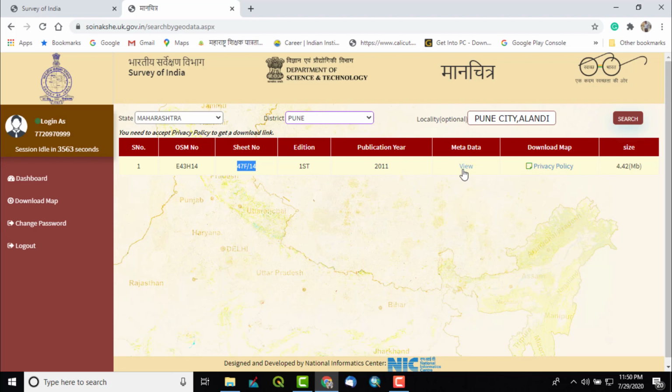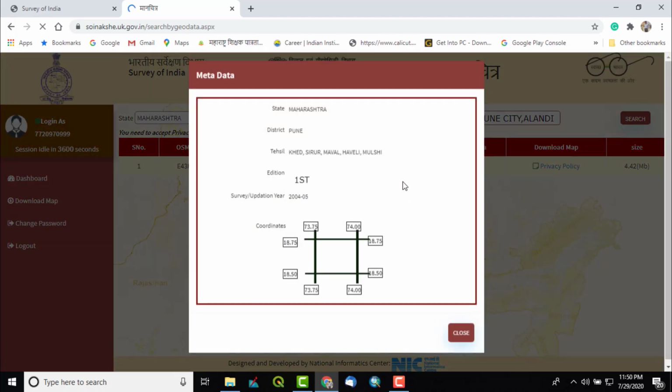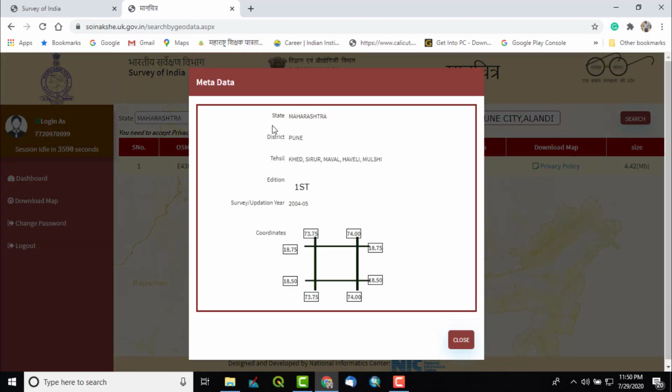We can view the metadata. Metadata is the data about data. So it will show you the administrative details like Maharashtra is the state, district Pune, whatever tehsils are covered, and edition and all. Okay?